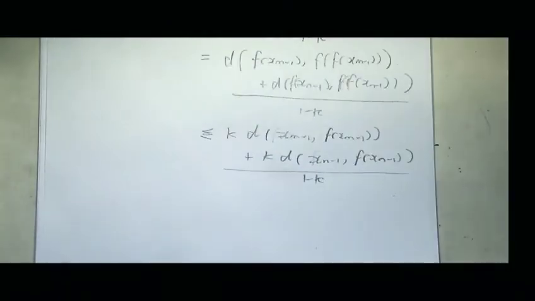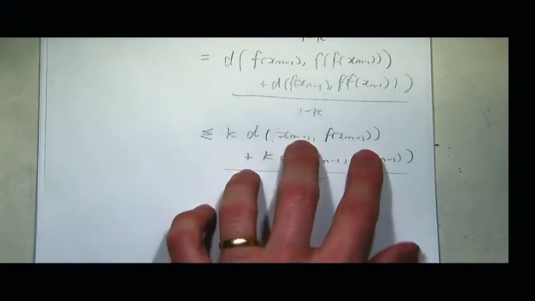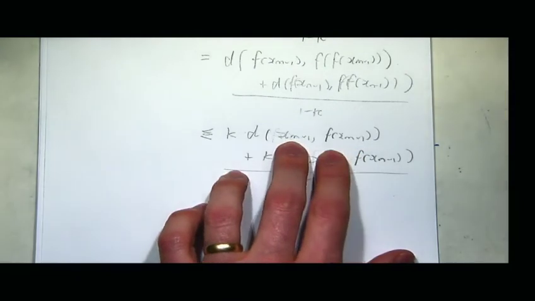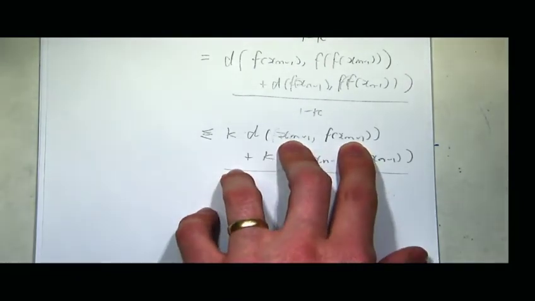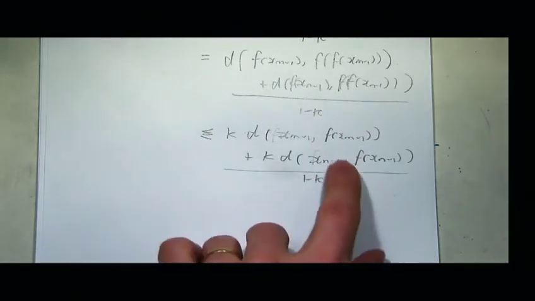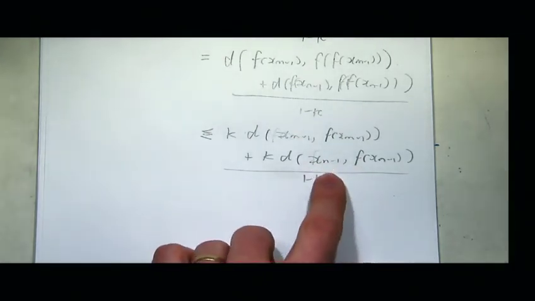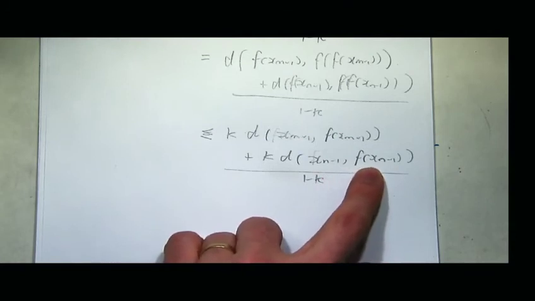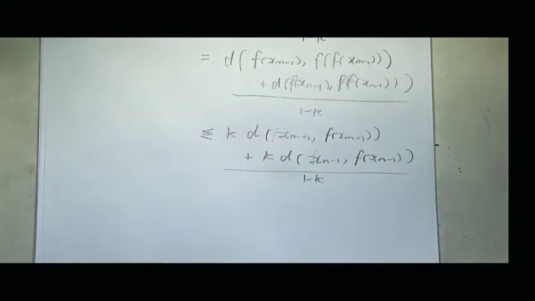Okay, so I've done that step. If I continue the same process over and over, this can be f of xm minus 2 and f of xm minus 2, and then I can pull the f out and get another k. And then this can be f of xn minus 2 and f of xn minus 2, and I can pull the f out and get another k. And I can just keep doing that over and over until eventually